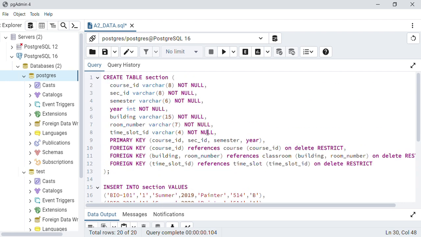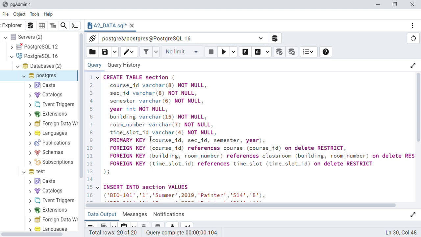So create table section. So we have the attribute course ID, section_ID, semester, year, building, room_number, time_slot_ID,